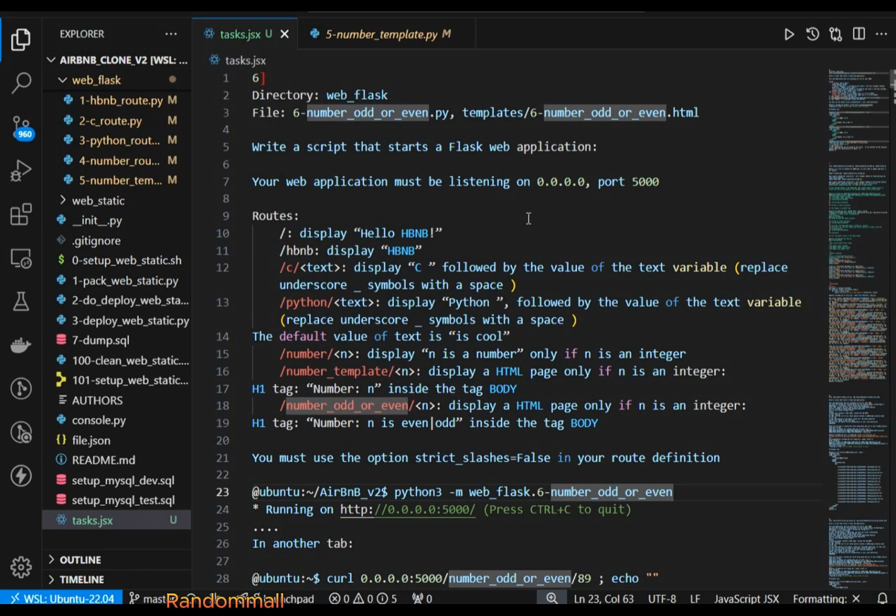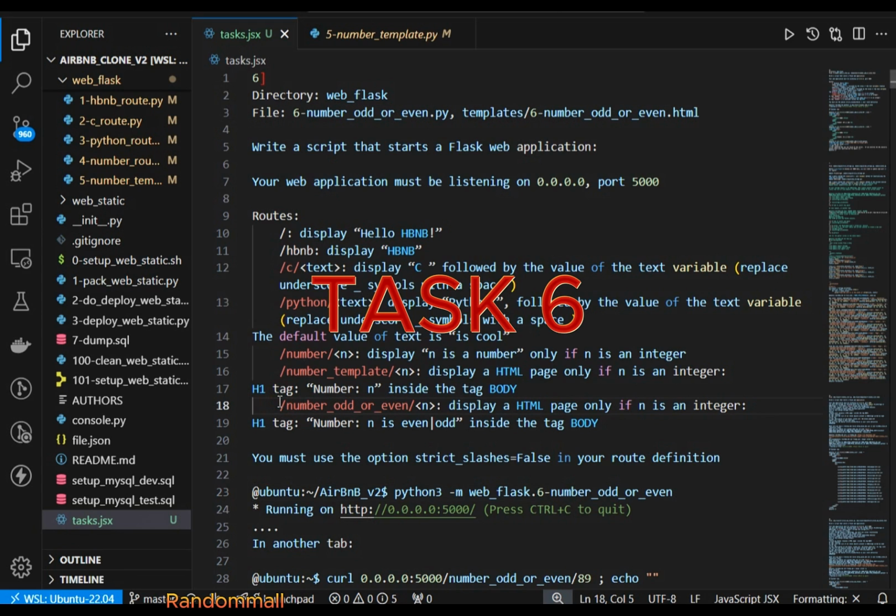For the 6 tasks, we are going to be creating another file, a web Flask directory, and then an HTML file. And here we are going to be creating this part, number odd or even, and it's going to be taking a params which should be an integer. And for this one, we are going to be displaying if the n, which is the params,